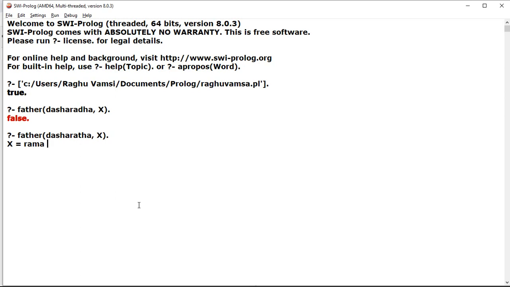Then if you put a semicolon, then X is equal to Bharata. Next semicolon, X is equal to Lakshmana and Shatrugna. So whenever you give a semicolon, it will iterate and print recursively what are the other objects for which Dasharatha is the father. That means it will go for backtracking. Whenever you mention the semicolon, it will go for backtracking.